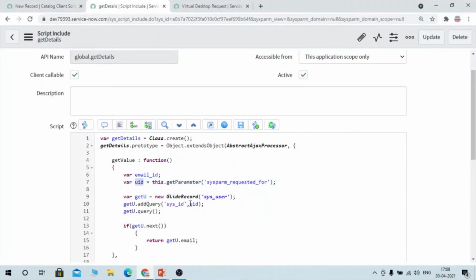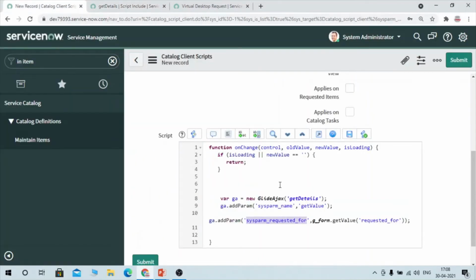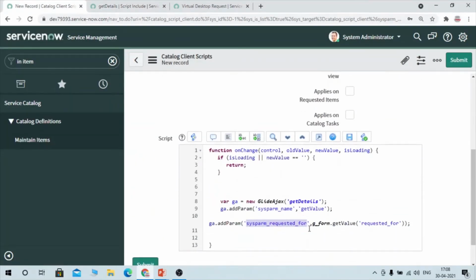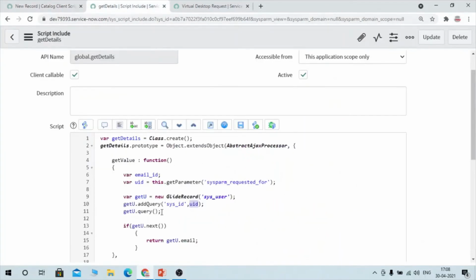Here I am comparing whatever value has been selected in this uid with the sys_id. So this will fetch the sys_id of the requested for. We are comparing it here, running the query, and whenever it matches, we get that same sys_id and return the email ID.